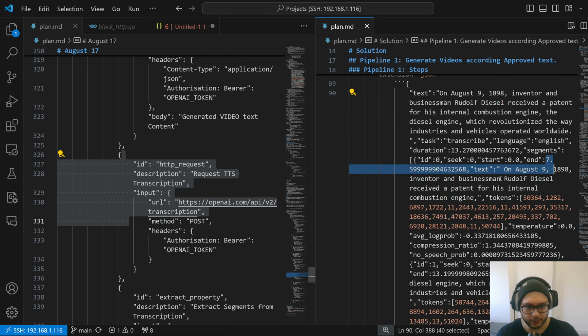And in here, I defined it as, let's take this file, then extract segments from transcription. That I don't need, because I have input config XPath. So I don't need the whole block as an extract property, because I have input config. Where is it? Oh, here. So the problem comes: we have an array of strings